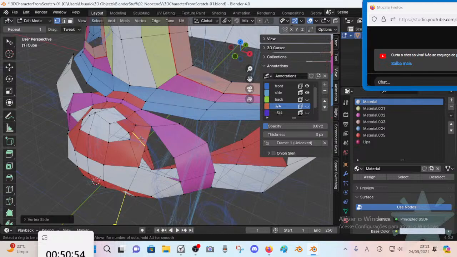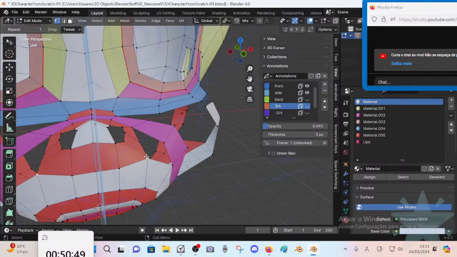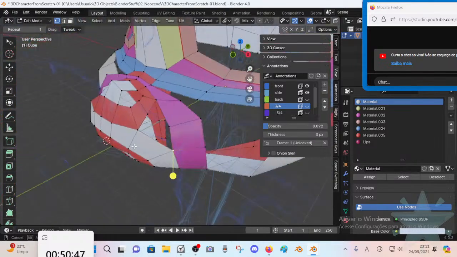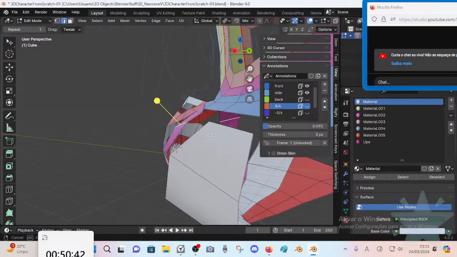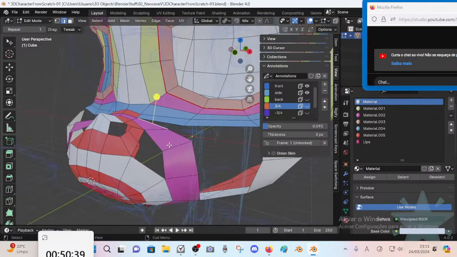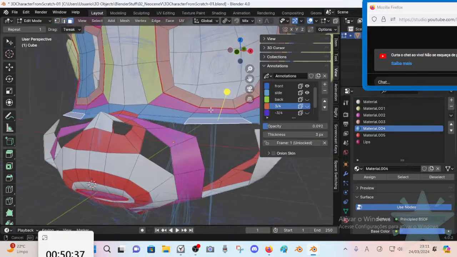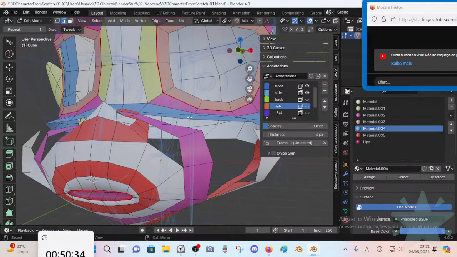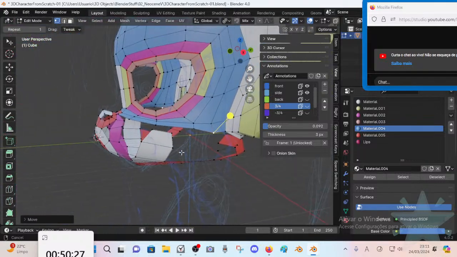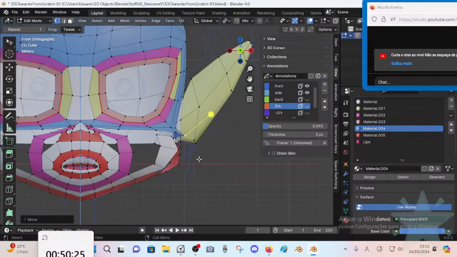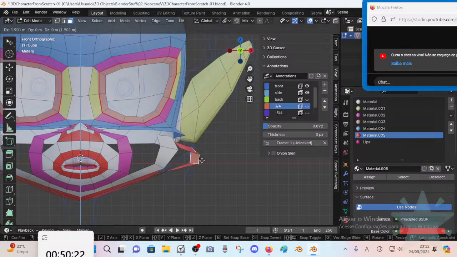So here, let's push this up. We can start to give some rounded shape here, although the idea is that it will be connecting there, right? So here we see that this needs to go there,